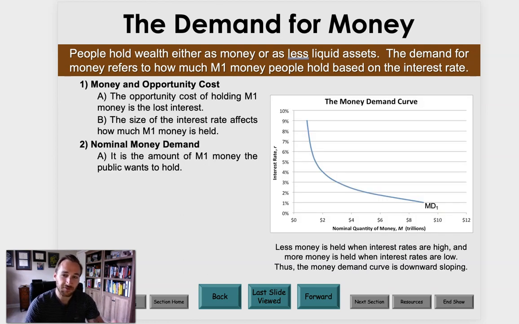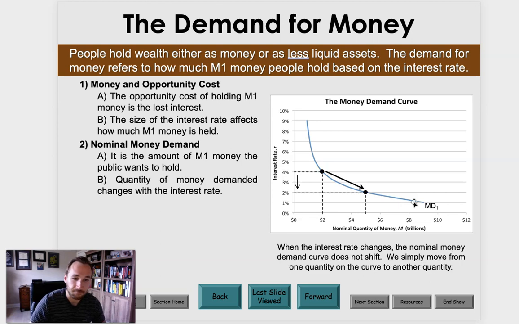So as interest rates are higher, there's going to be more cash withheld or kept into savings accounts and things like that. There's going to be less money left over for the economy. That's why when we lower interest rates towards, as we see down here, 2%, 1%, people don't have a good incentive to save, and therefore they keep their money as cash and they're willing to spend it more. That's exactly what's going on right now in our world. We want to avoid a COVID-19 recession, and so interest rates are super low because we're trying to get people to open up their wallets and spend money out in the economy.